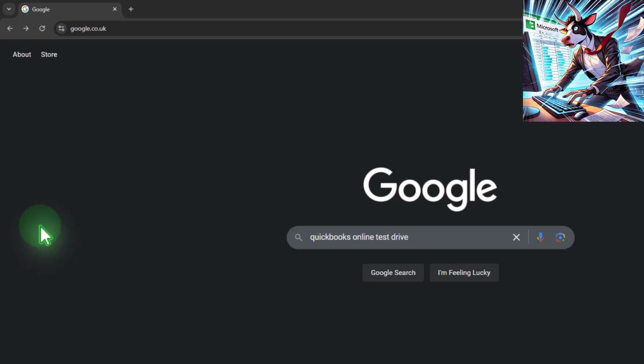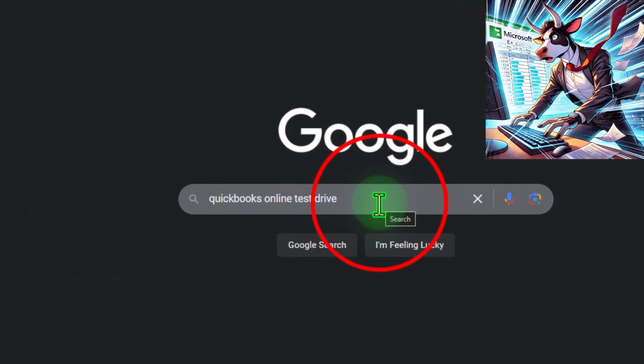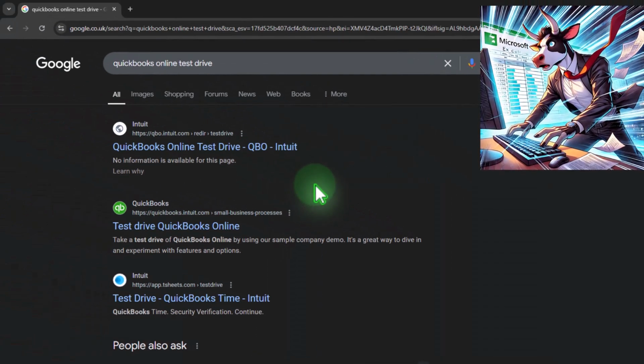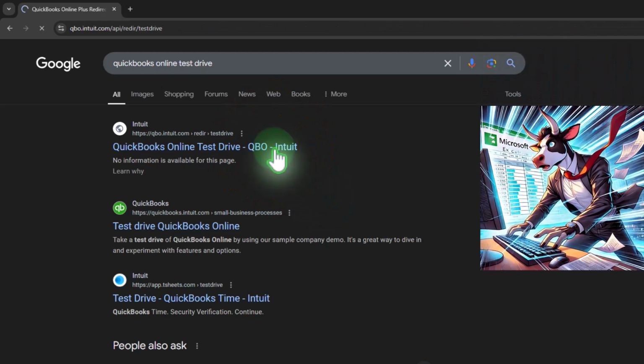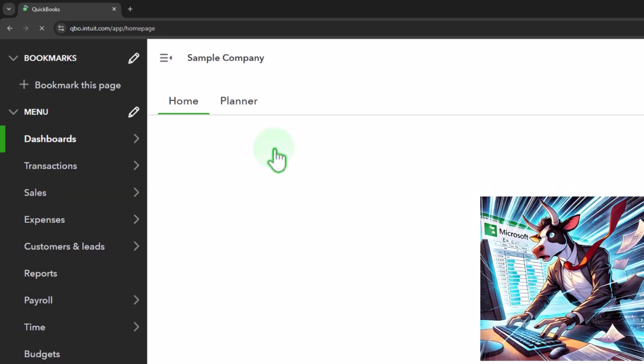Here we are online in our browser searching for that QuickBooks Online test drive, the free sample company file available to everybody, looking for a result that has intuit.com in the URL because Intuit is the owner of QuickBooks. We might have to then verify that we're not a robot, and I'm not a robot, at least not yet,